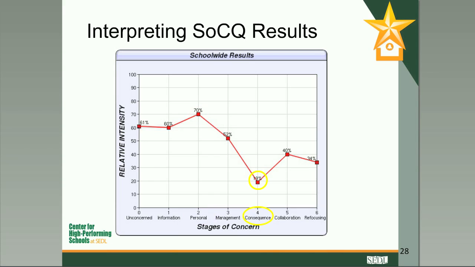They're still trying to figure out how it works for them, what other sorts of information they need, and they haven't really yet started thinking about how it will impact their students. So one key with